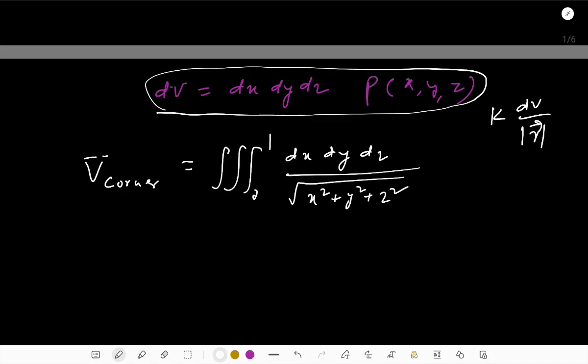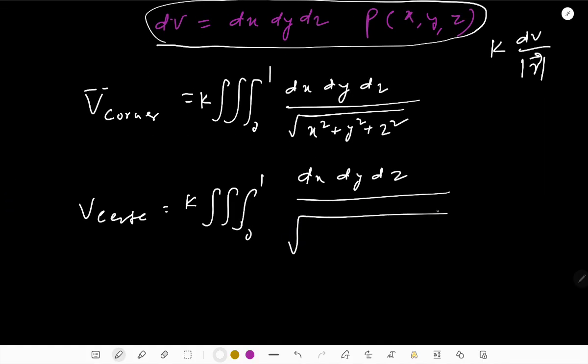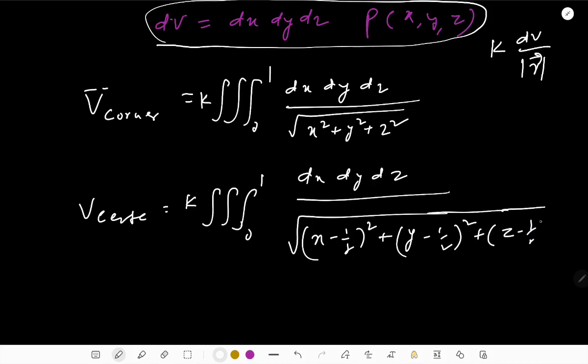And the potential at the center, in a similar manner I can write. Here a k is missing, so I am going to put down the k, limits 0 to 1, and again dx, dy, dz, there is no problem. This time the x coordinate of the center will be x minus half. So we need to write this thing,